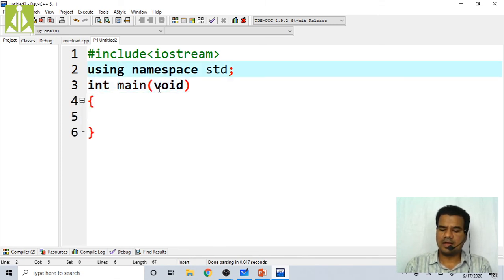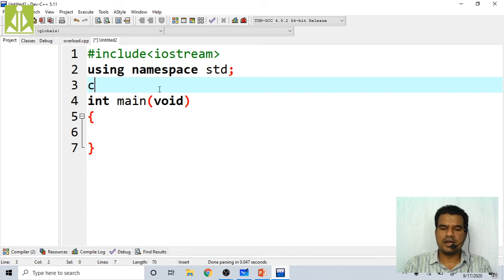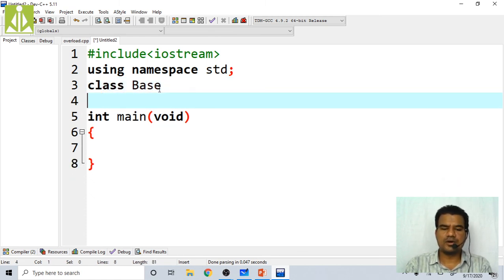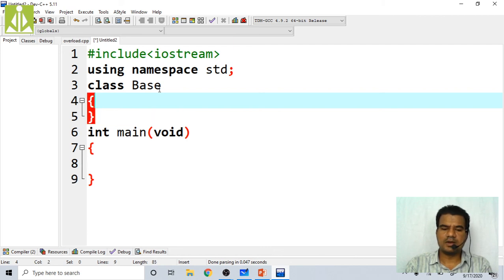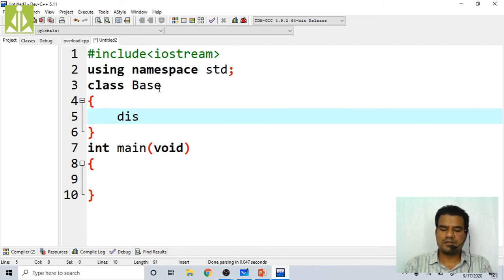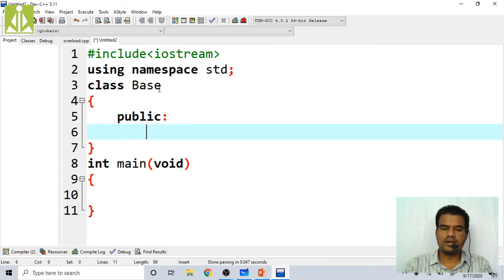Here we have to go to the end and take the class base. In it, we are taking only one display function, publicly. Public colon, void is the return type and display is my function name, and I will write the definition here itself.